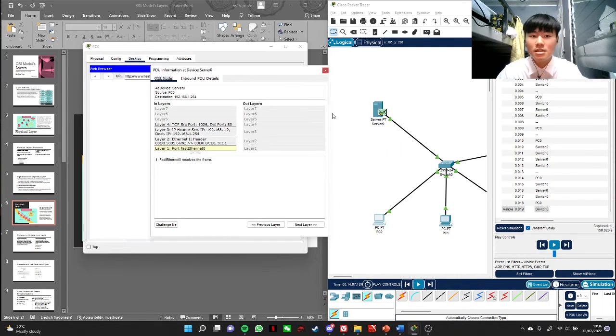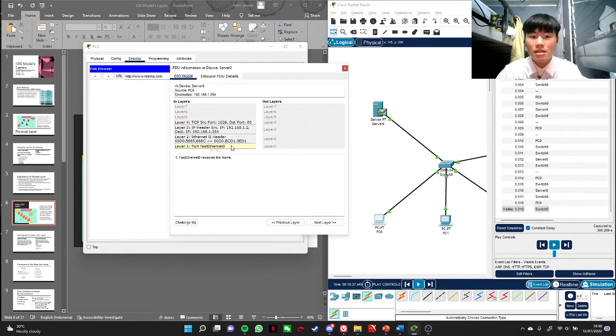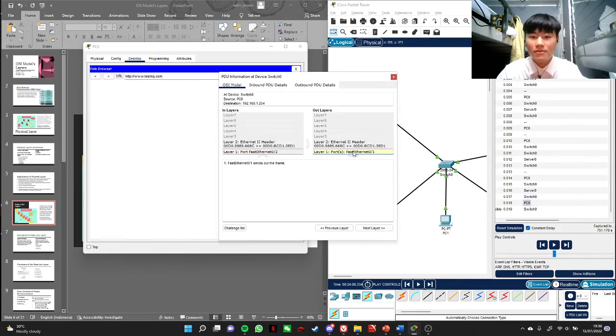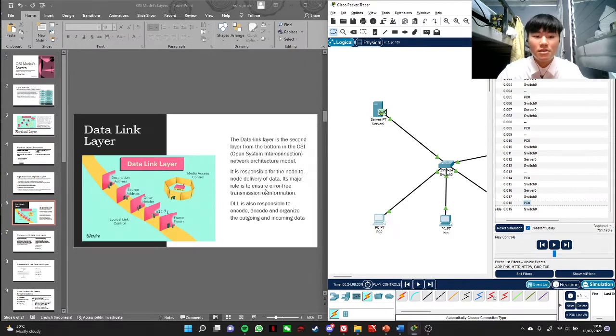So like this, it's inbound, and then it gets the in layer, which is the fast Ethernet cable. Okay, then second layer, third layer, fourth layer, which I will go into after this. So that is the physical layer, which is the port fast Ethernet 0. So it receives the frame. Then for the out layer, it sends out the frame. So it's established. Okay, now let's continue to the